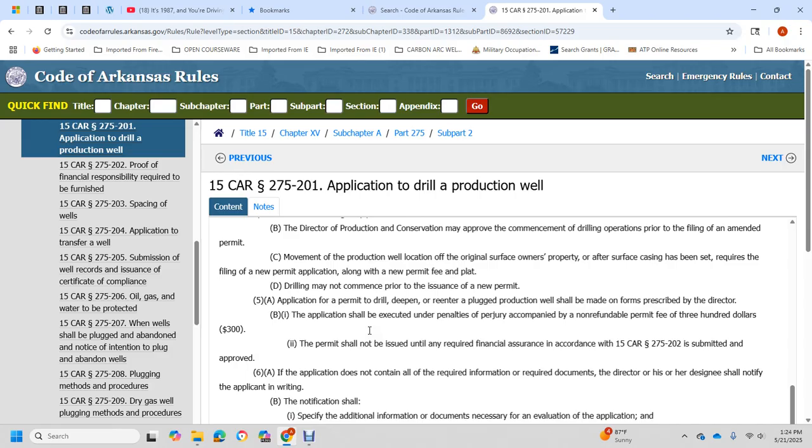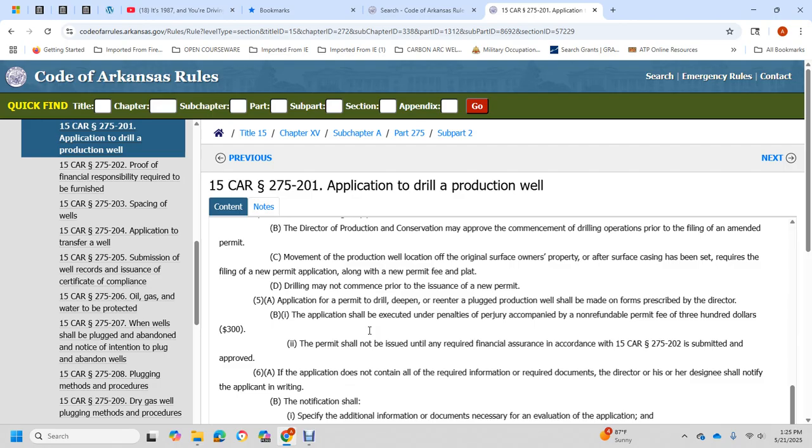The application for a permit to drill, deepen, or re-enter a plugged production well will be on the form described by the director, with the applicant's signature under penalty of perjury, accompanied by a non-refundable permit fee of $300. The permit shall not be issued without any required fine and financial assurance, per Title 15 Code of Arkansas Rules